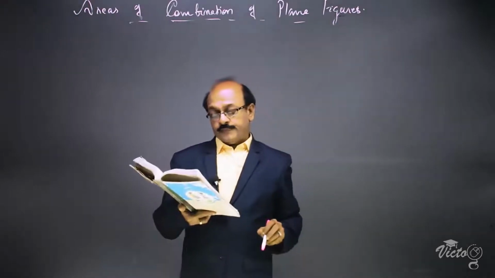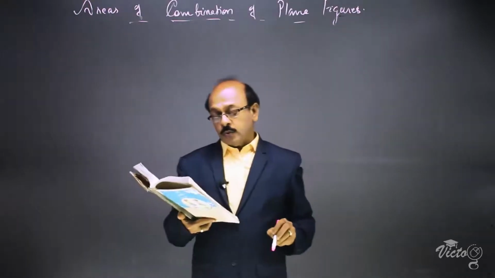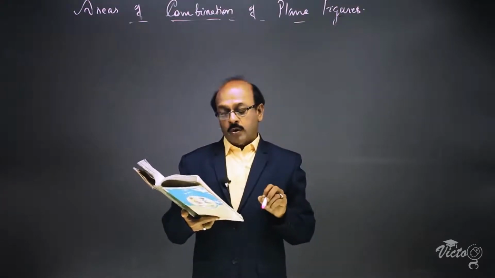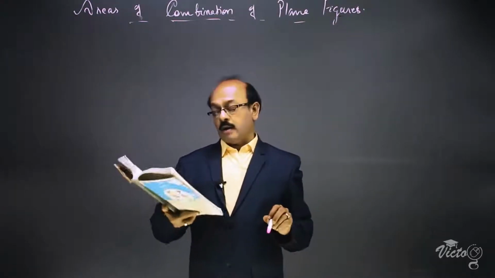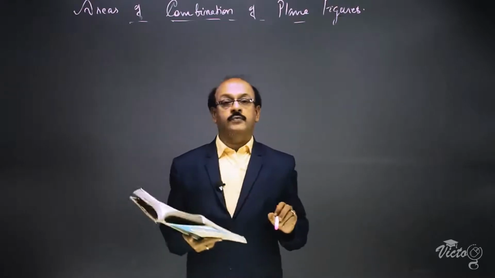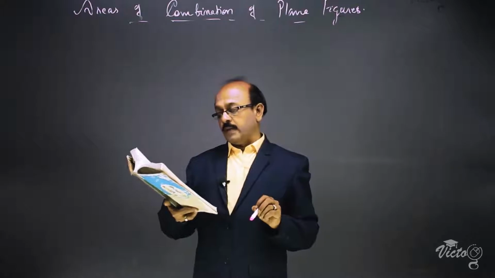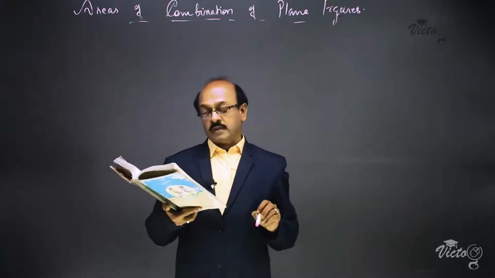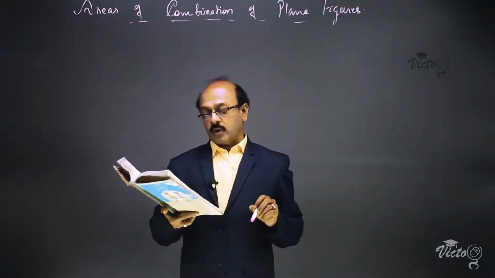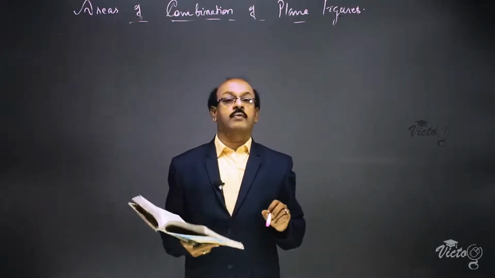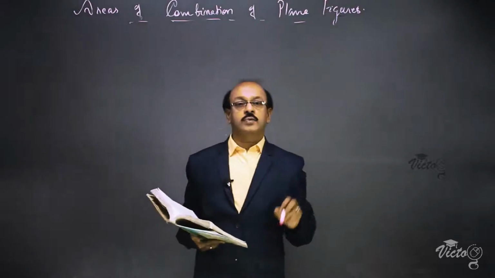First question is, in the figure, two circular flower beds have been shown on two sides of a square lawn ABCD of side 56 meter. If the center of each circular flower bed is the point of intersection O of the diagonals of the square lawn, find the sum of the areas of the lawn and the flower beds. This is the question. Shall read the question once again.